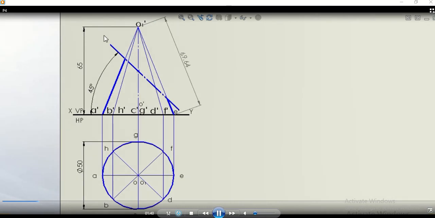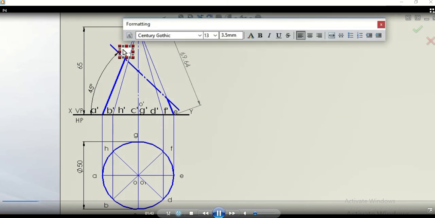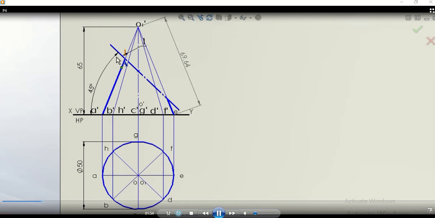Now you need to mark the points on the cutting plane. Wherever the cutting plane is passing through the generators, you need to mark a point and name it with numbers 1, 2, 3, 4, 5 and then 6, 7, 8. Some of the generators are representing 2 points. The second line is representing B as well as H, and the third line, on the axis, is representing C and G. So in such cases you need to name 2 points. Here on OA it is 1 and on OB it is 2.